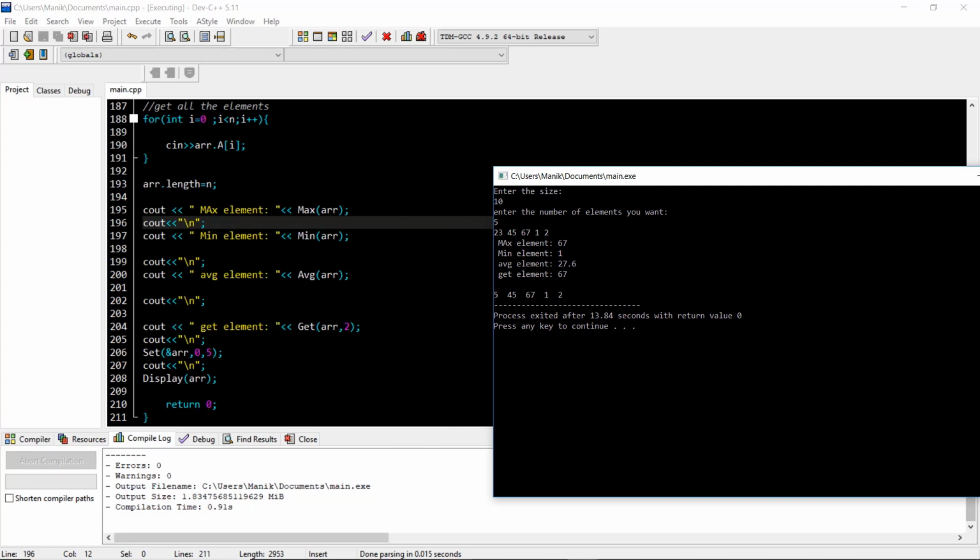So see, this max element is 67, minimum is 1, average is this, get element at position what, at index 2 it is getting, and the set method means it just sets the 0th value to 5 and then displays. Yes, it is doing so. Okay, so in the previous one it's just overlapping of the results, that is why it is displaying 3.